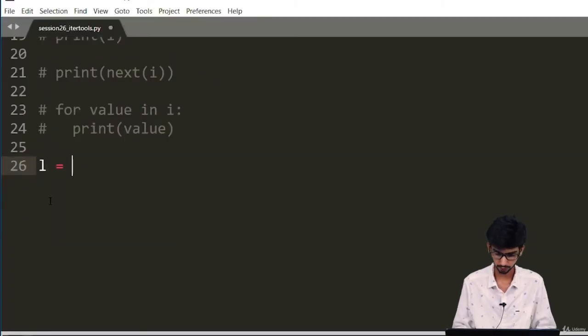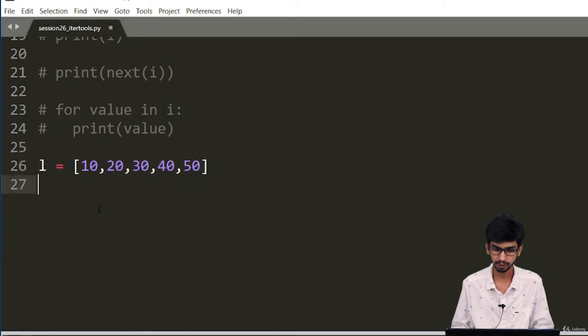If you have a list of values 10, 20, 30, 40 and 50, and you write a for loop to iterate over this list L, it will start from the first element and stop at the last element. It will not continue again from 10. If I want this list to be iterated multiple times, then I can create an iterator using the cycle method and iterate continuously.